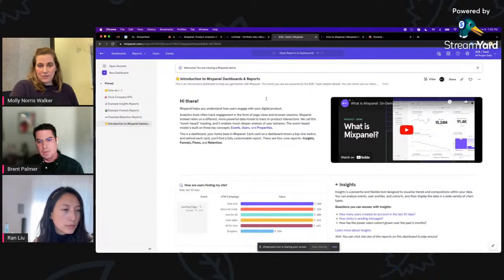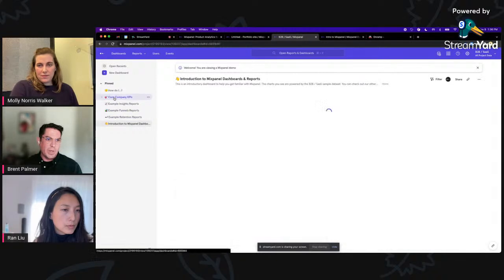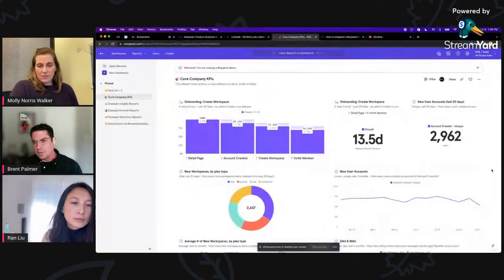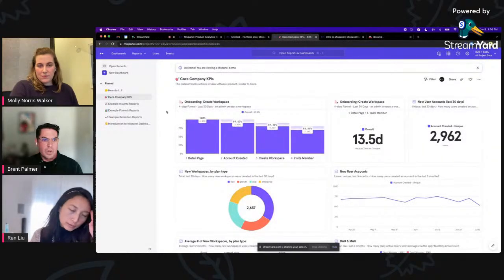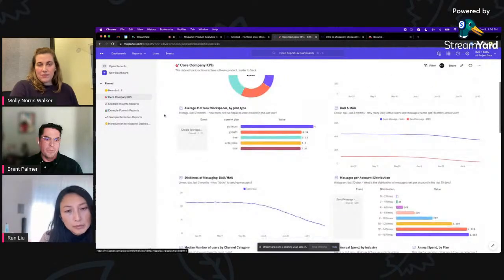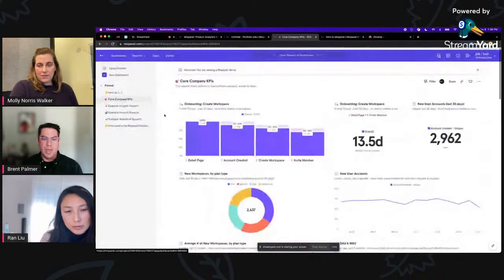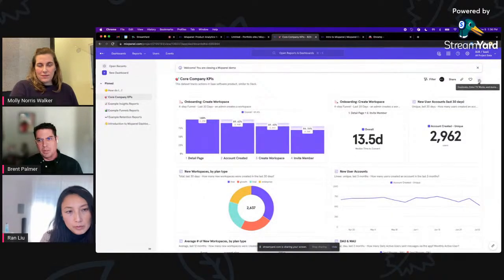Great for company KPIs that are pretty standard: your new users, monthlies, weeklies, key events. Beyond that, the more complex analysis will probably require some deeper level of education with the tool and the data model that you have.